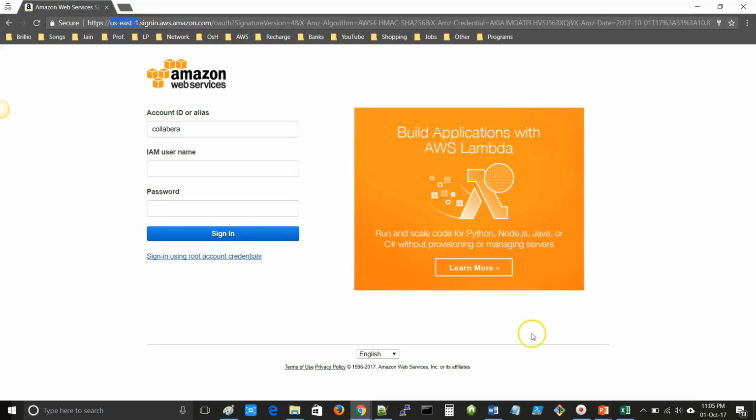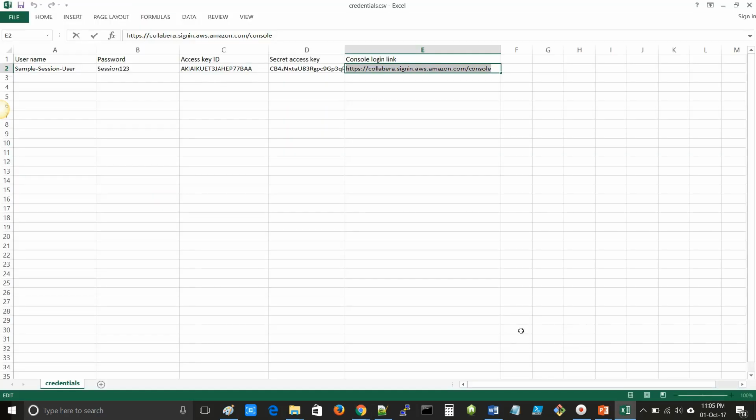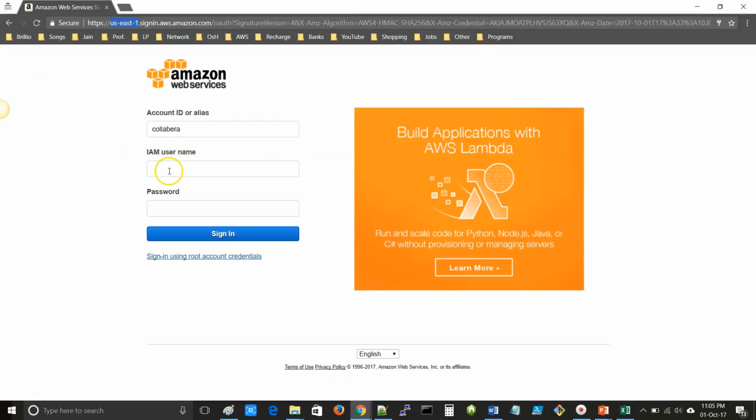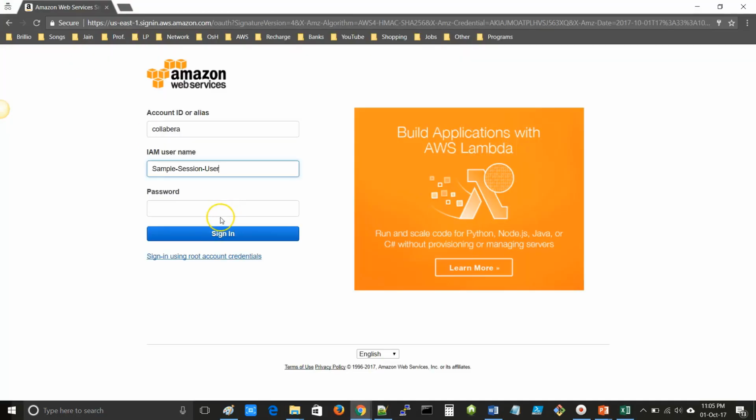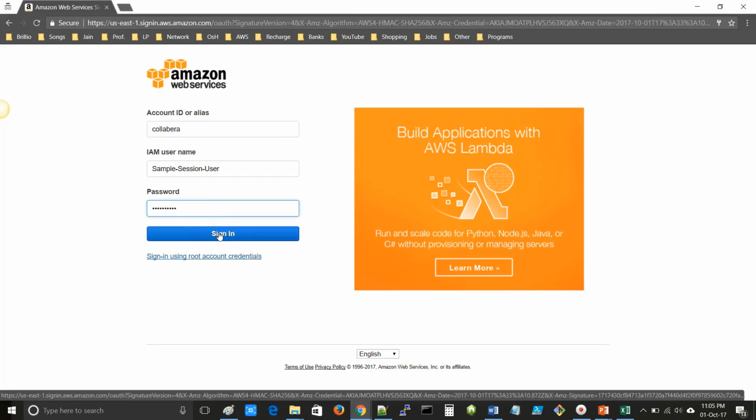Go to the credential file, copy the username and paste it here. Copy the password and paste it here and click on sign in.